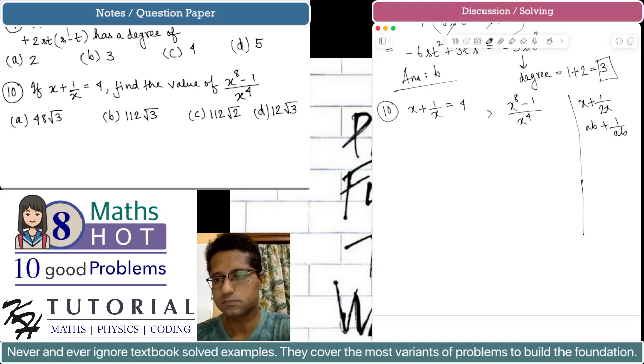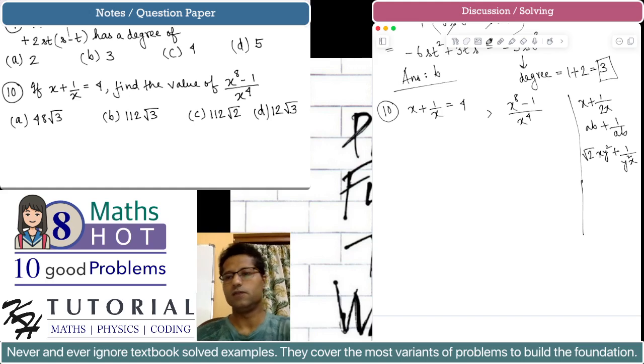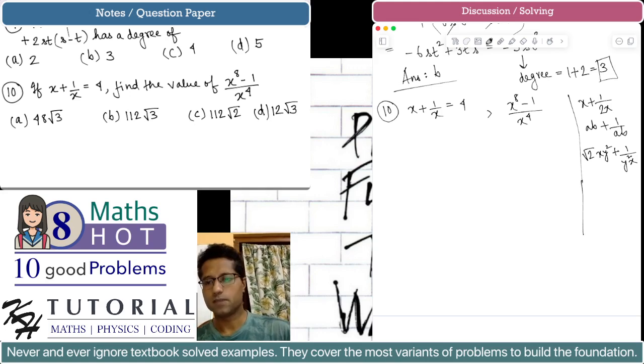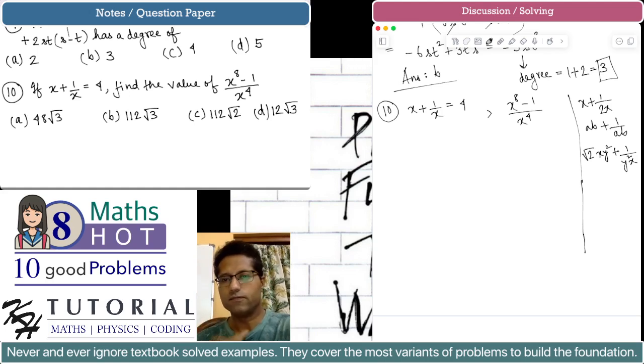It could be root x y square plus 1 by y square x. As you can see, if you multiply the two terms, that is x y square and y square x, will get cancelled out, and the product is square root of 2. So this kind of expression, if you are given the value of this kind of expression, when you take their square, the twice AB term will become always a constant. Okay. So now we have to find